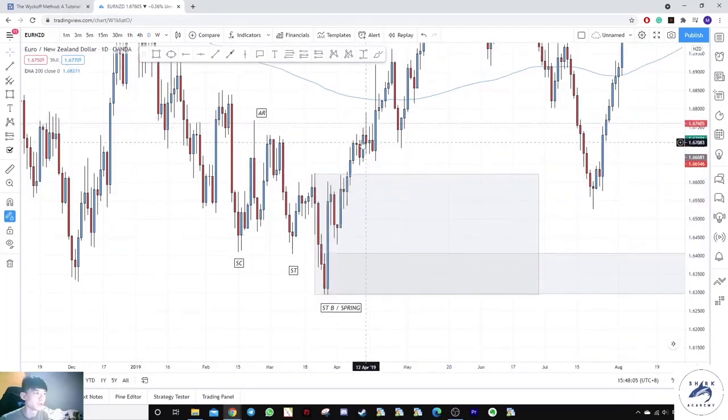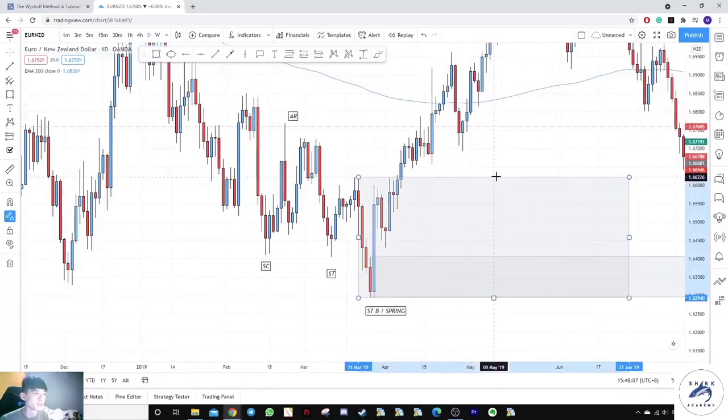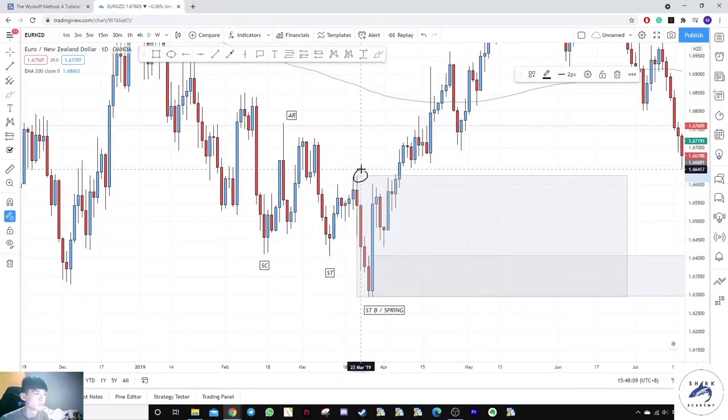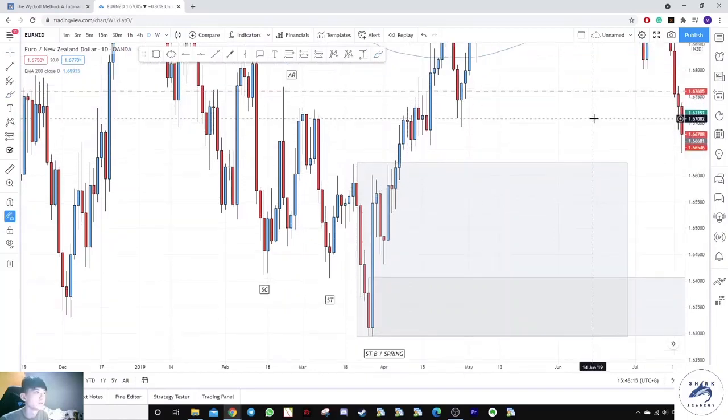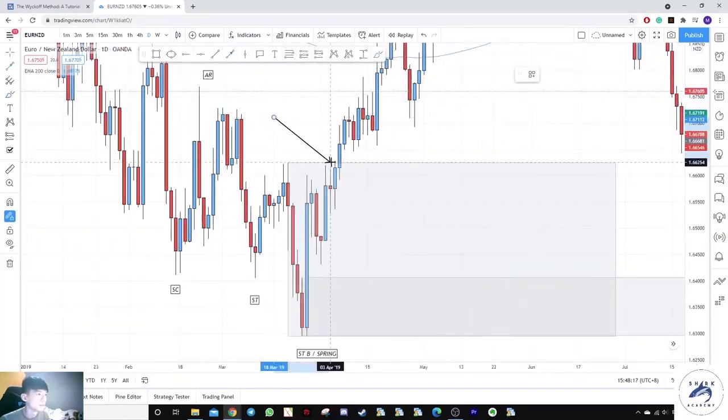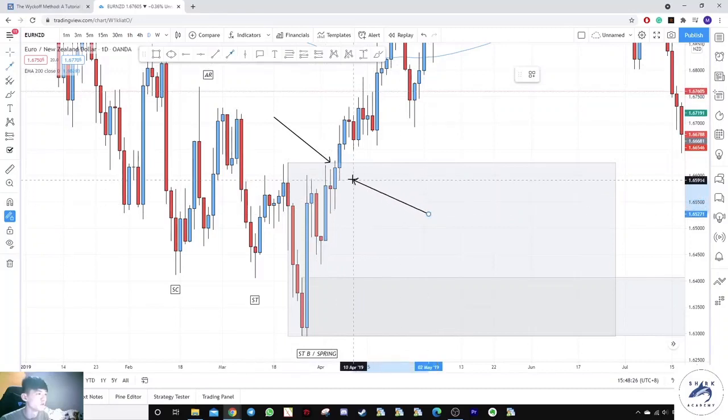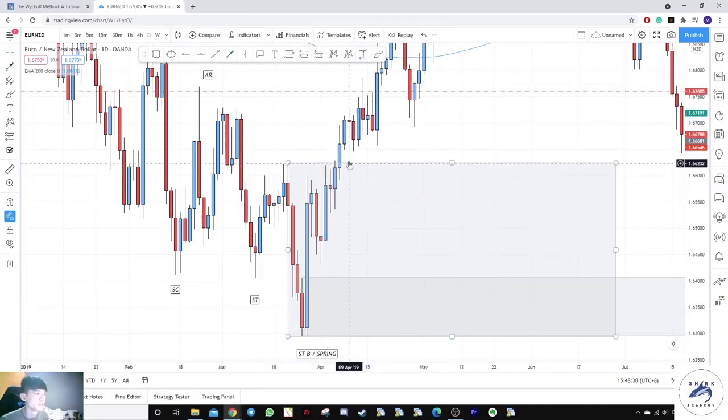But this order block has been mitigated when price breaks this level. So can you see this is the candle? Sorry, no, this is the candle, the wick. This is the candle that breaks previous high, alright? And the next candle immediately retests the order block, which is this wick over here. It actually retests the order block. So this has been mitigated.